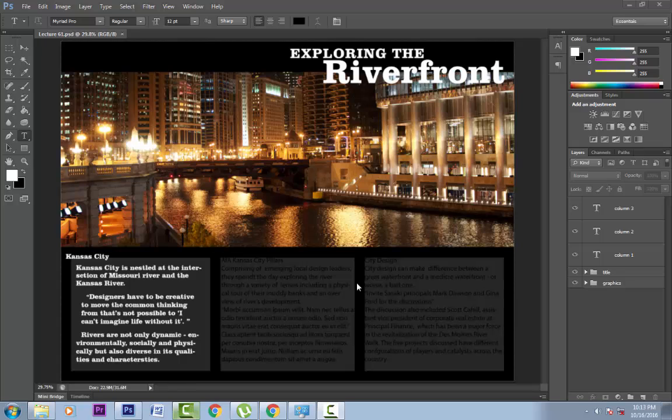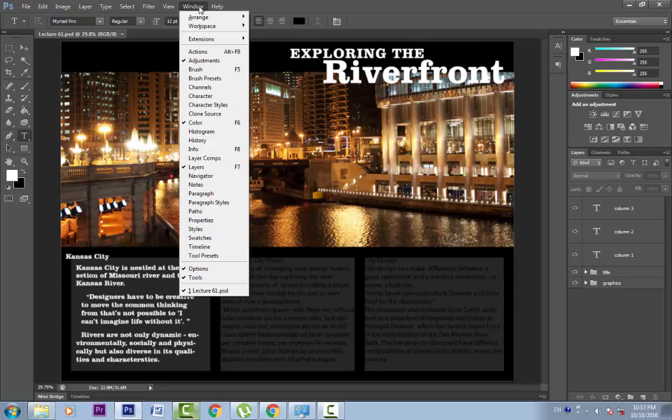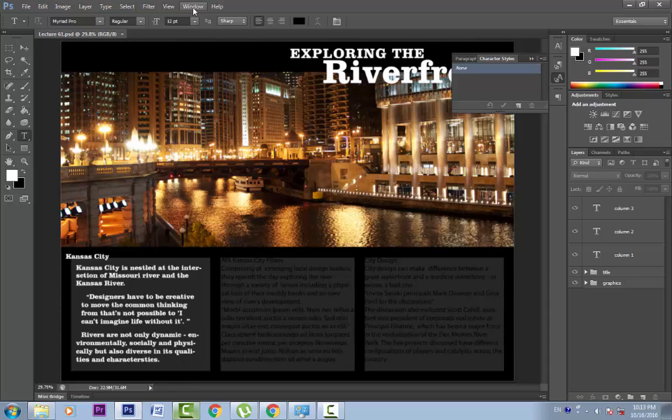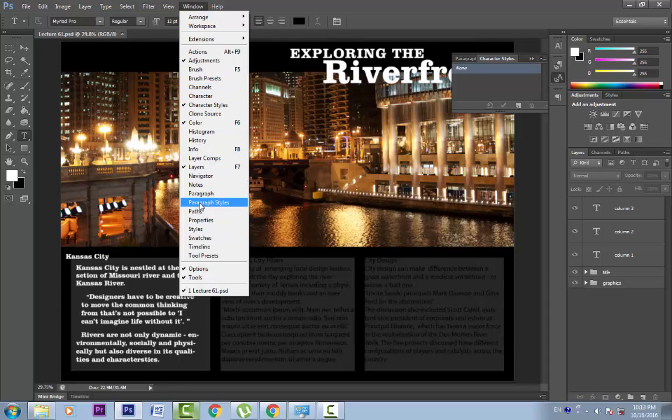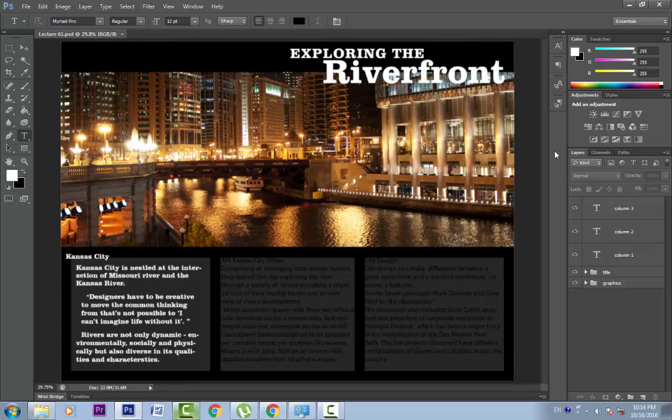Let's open both the panels. Go to Window, Character Styles and Paragraph Styles. Let's first talk about the paragraph styles. As the name suggests, these are applied to the paragraphs. Now it is not necessary to be applied to a grammatically accurate paragraph. Paragraph styles can also be applied to any line also, from the first character to the last character which has been hard returned.